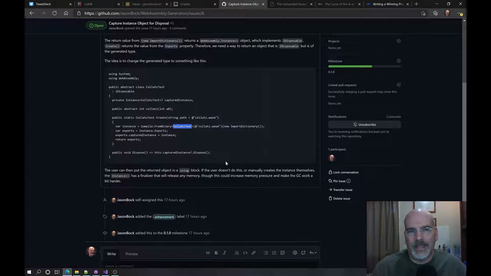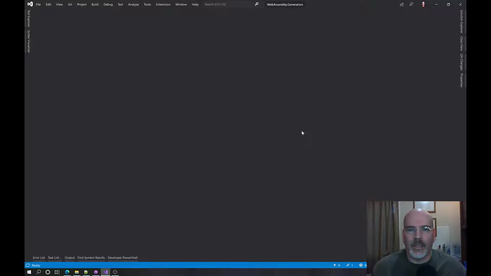I thought about this and I'm like, well, I still want to return that, but I want it to be that generated class. I want it to implement IDisposable. So the idea is that instead of doing what I'm doing right now,